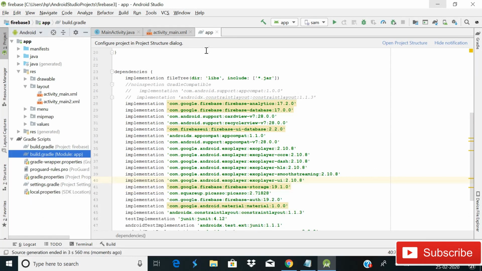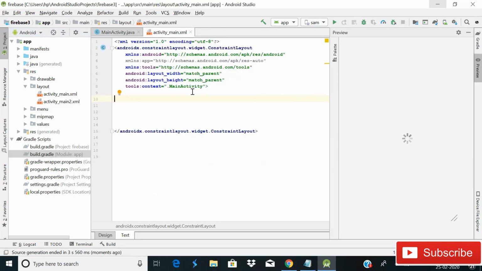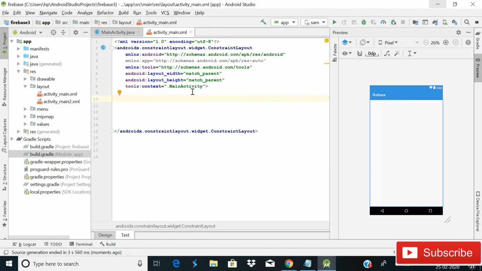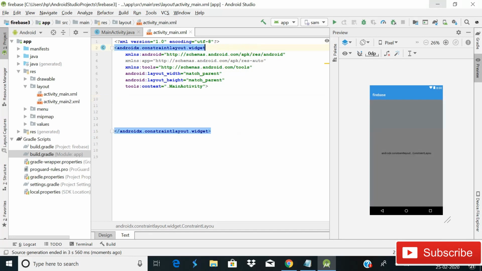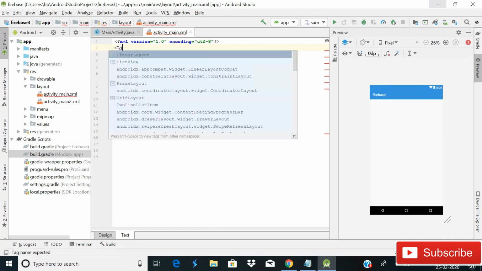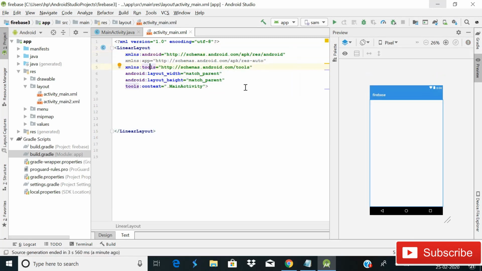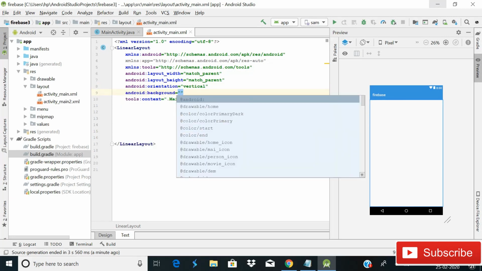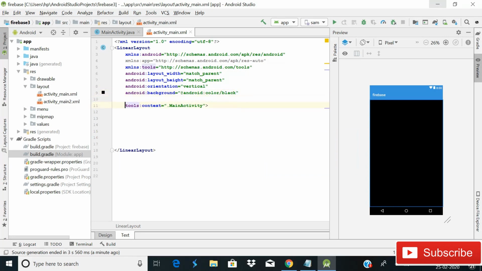There is no problem in our Android app. So let's go back to activity_main.xml. Here we have to simply use a recycler view in which we will use ExoPlayer. First of all, our root layout is a constraint layout, so change it to linear layout, and then give it orientation, obviously vertical, and then background, I think black. Done. I think it's fine. Then after this we will use recycler view.